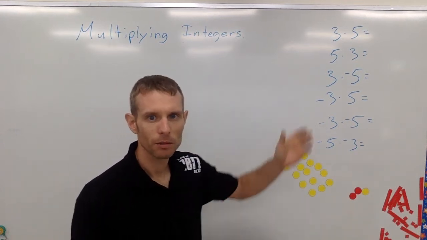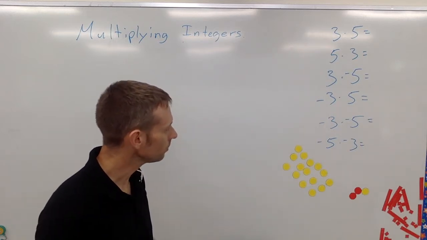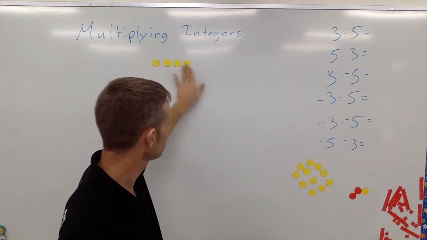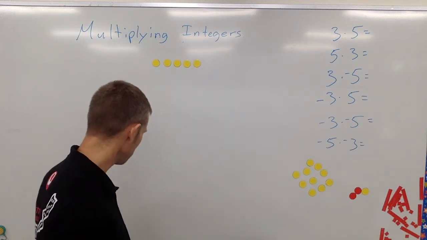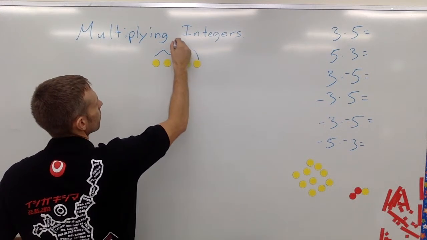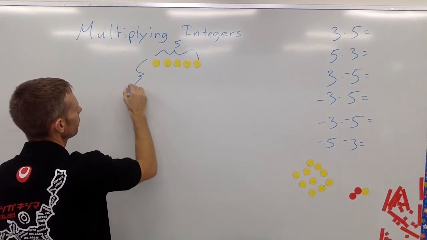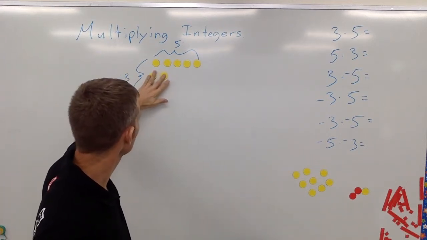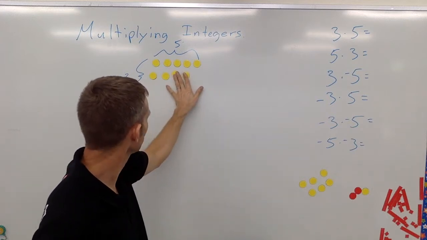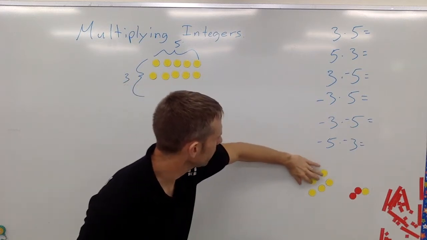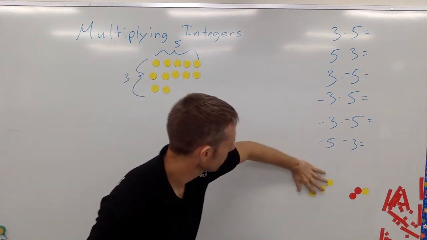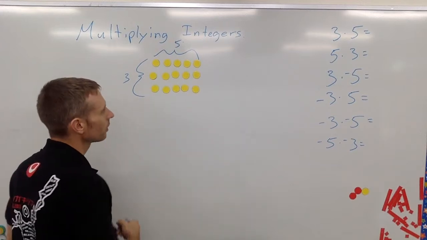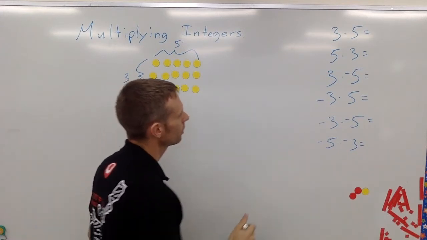When we have a problem like 3 times 5, basically what we're saying is we have 5. Right, we have a 5 here, and we have not just one set of 5, but we have 3 sets of 5, or 3 groups of 5. Maybe you've heard it like that. 3 groups of 5 counters each. So when we have 3 groups of 5, we can add these all up or total these, and we get a positive